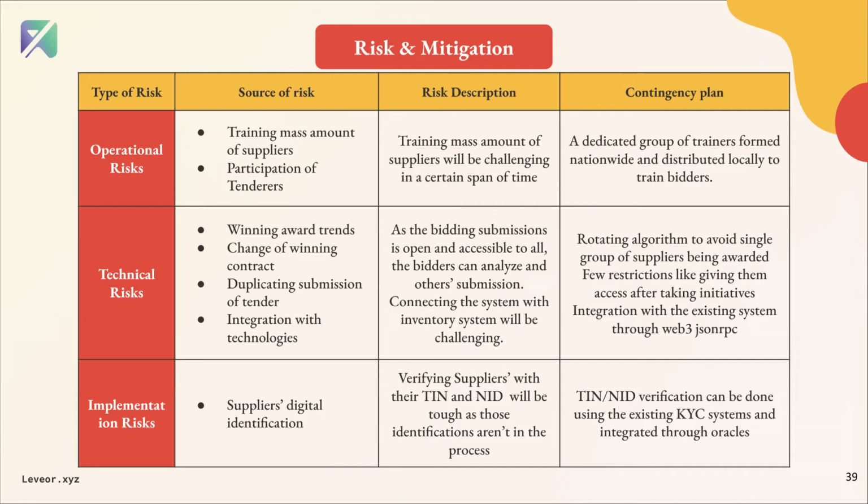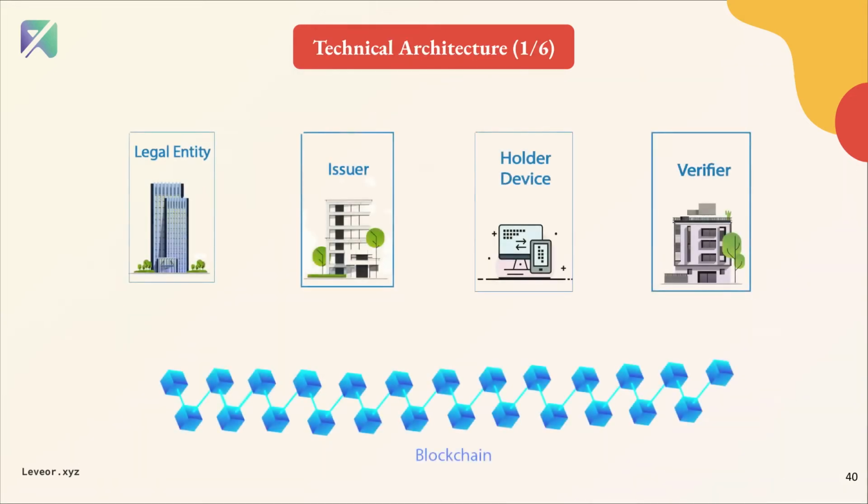Let's look at the technical architecture in brief now. Credentials issuance and certificate verification are one of the major parts of the solution. First, the legal entity registers the issuer, then the issuer publishes its DID with public key in its blockchain. The credential gets verified and issued to the holder with the issuer's digital signature. Then OpenGovt can verify the authenticity of the credentials with the public DIDs.